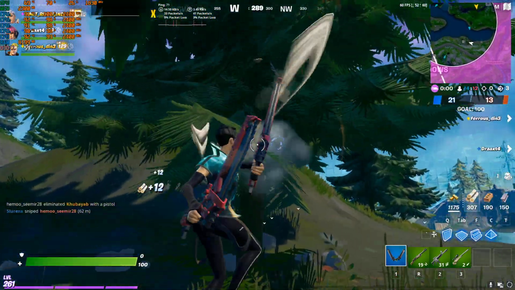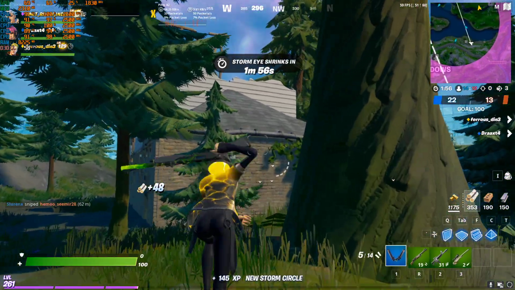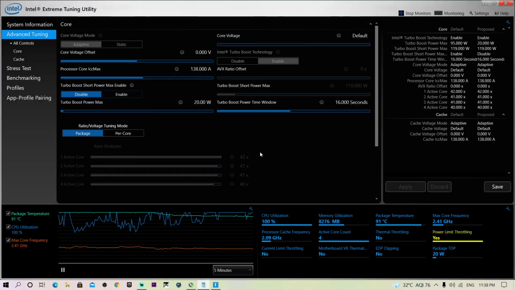So this is how you can control your temperature and get a stable CPU performance, I would say.